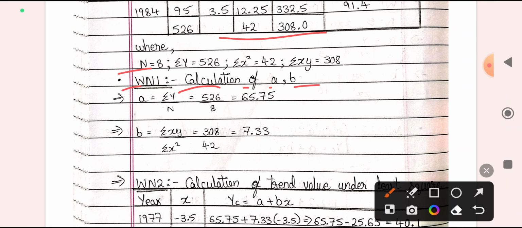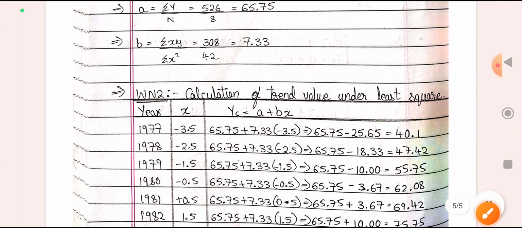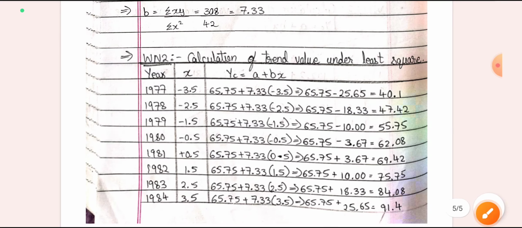Okay, please remember these formulas. a is equal to sigma y by n, 526 by 8, that is 65.75 we are getting. b is equal to sigma xy divided by sigma x square. Sigma xy is 308, and sigma x square is 42, so 308 divided by 42 will be 7.33. This is the b value. Now we have got the a value and b value, so we will calculate